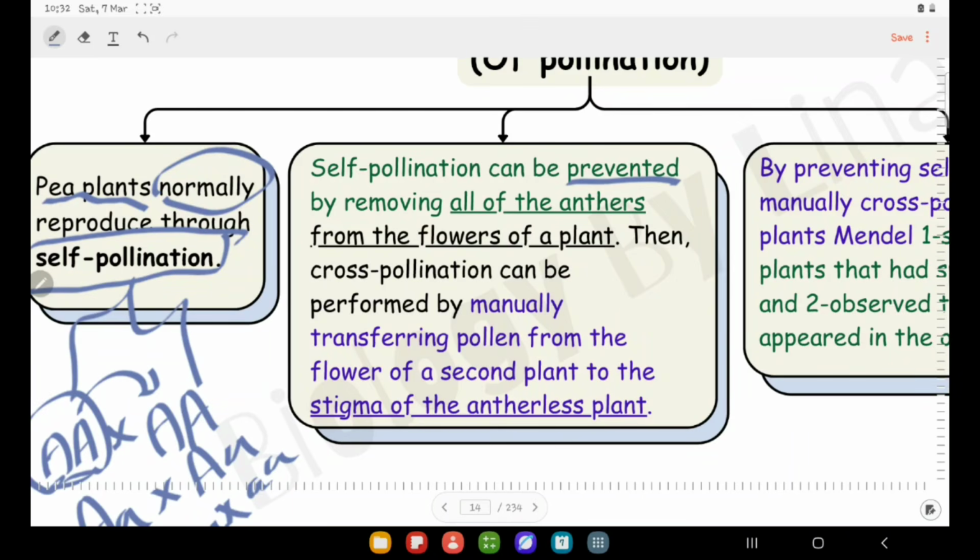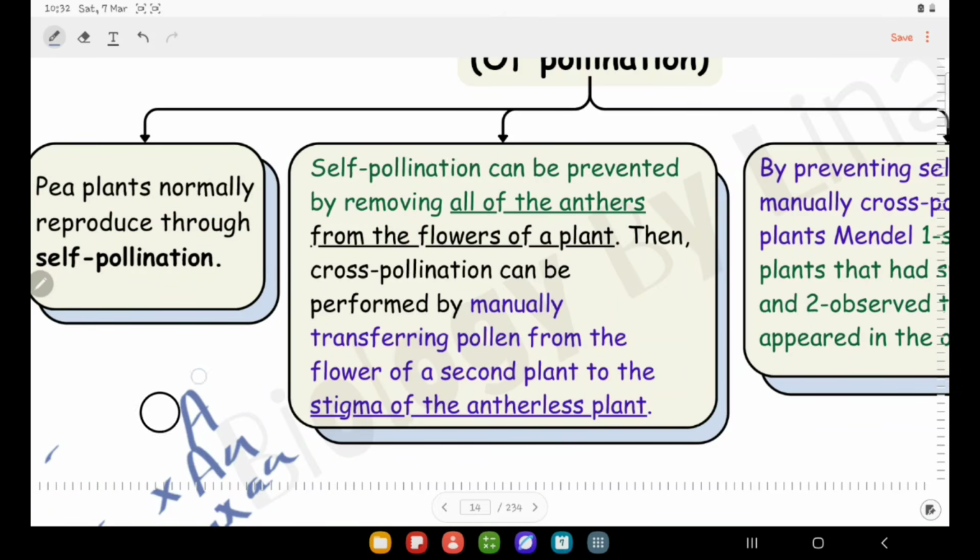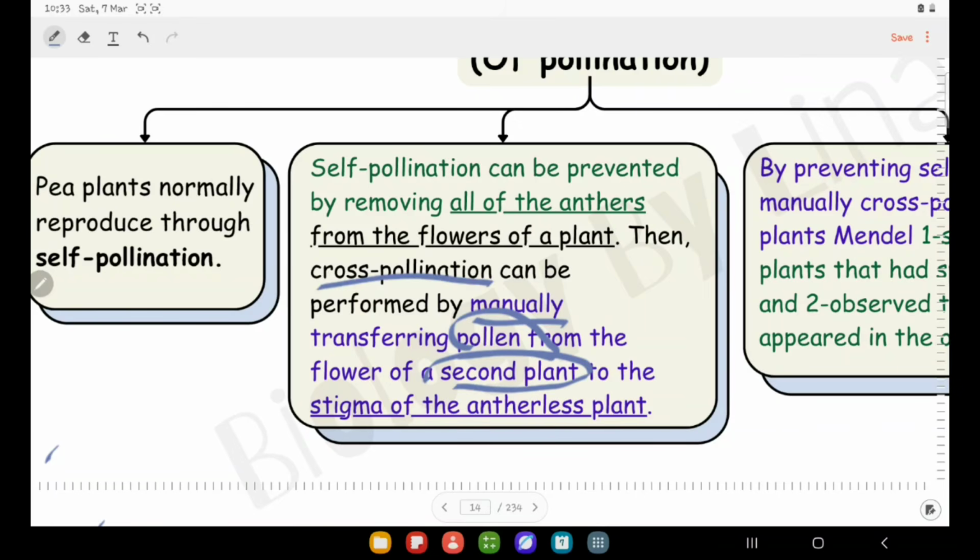We can prevent self-pollination by removing what? Very important. By removing all the anthers, the male parts, from the flowers of a plant. At that time, the plant will be antherless, which means it consists only of the female part. Then we do the cross-pollination manually, as Mendel did. It can be performed manually. How? By transferring the pollen or the pollen grain from the flowers of a second plant. Which plant? The plant that has the anther, to the stigma of the antherless plant,